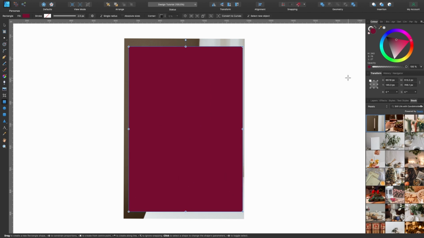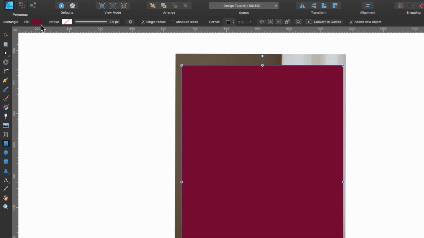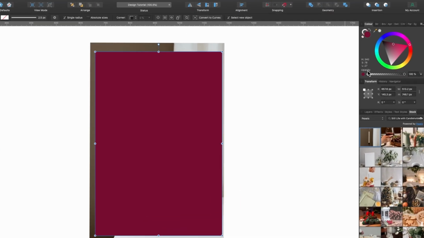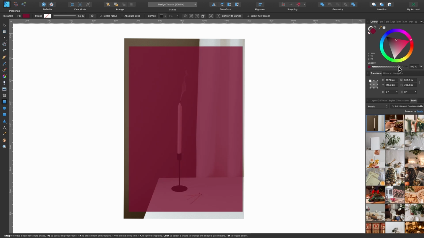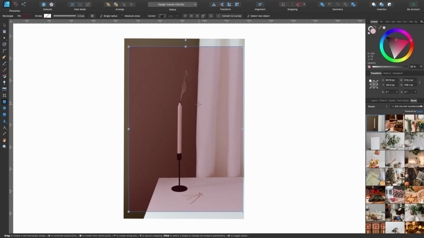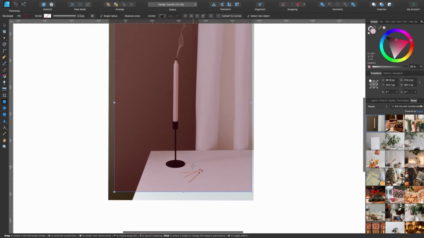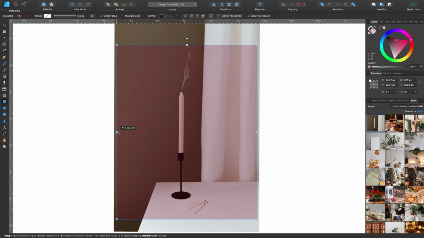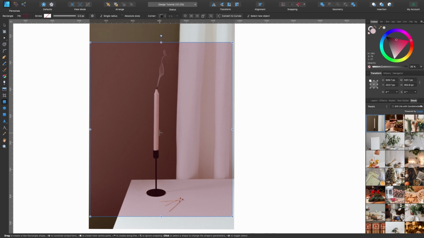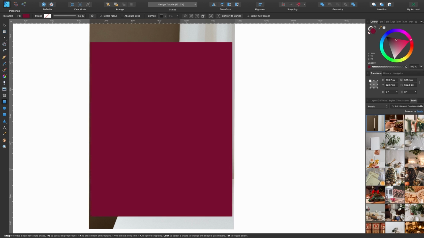I can't see anything right now, and some kind of fill is on it. As you can see up here, some fill is there. I'm going to go to opacity on the right-hand side and drag it down a little bit, so we can see our selection. I want it to be a bit like that. Drag it up a bit more like that, and I want more of the width. Now I'm going to go to opacity and bring it up again.